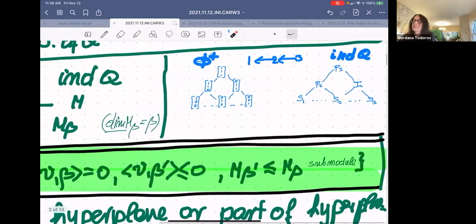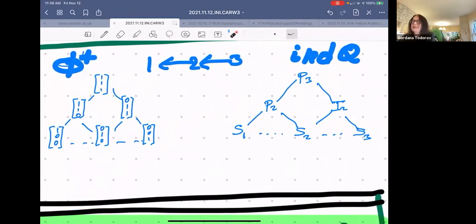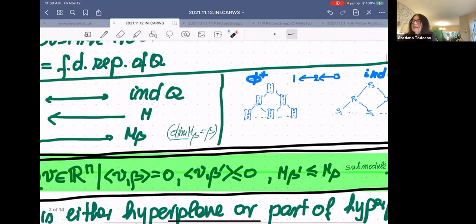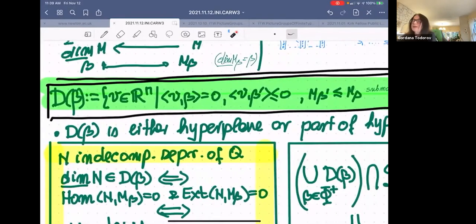And this is just the way it works in this simple case of A3. These are the representations, and these are the dimension vectors. Notice I'm using 1 to be the simple projective. So this is the orientation. Some people use the other orientation, so I just want to point out that I'm using this orientation. Okay, now with that notation, we define